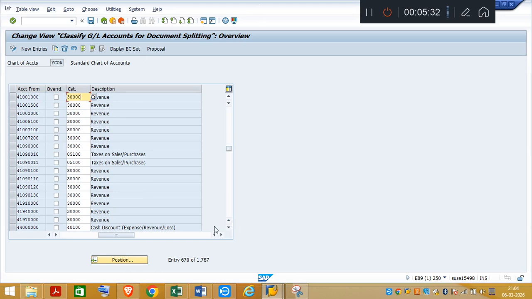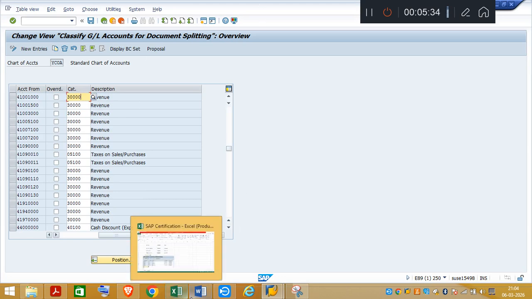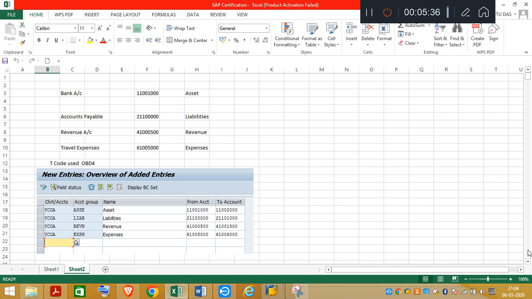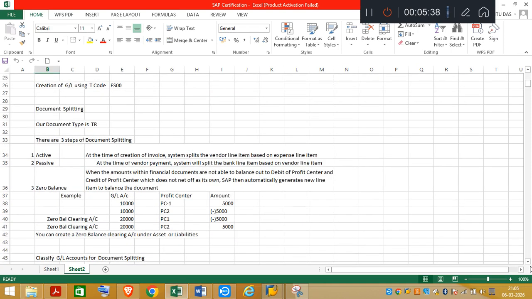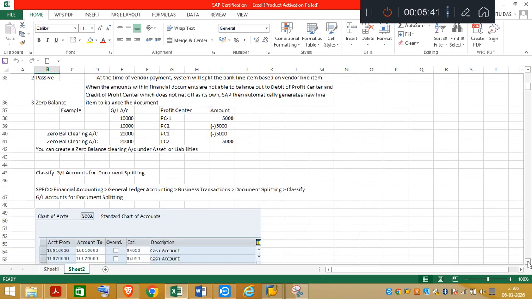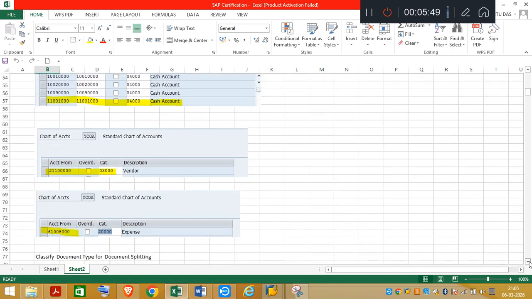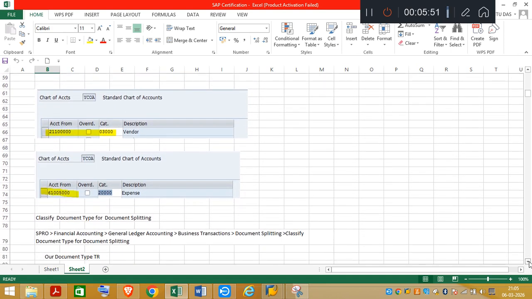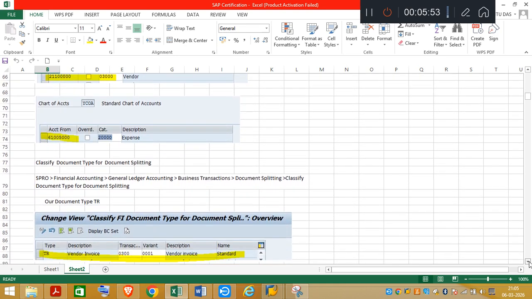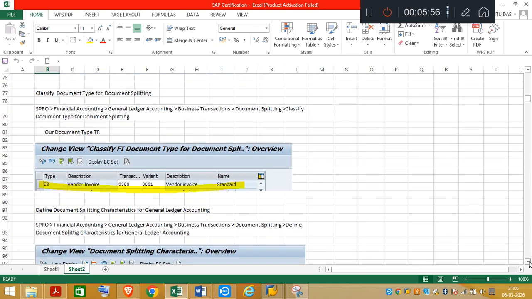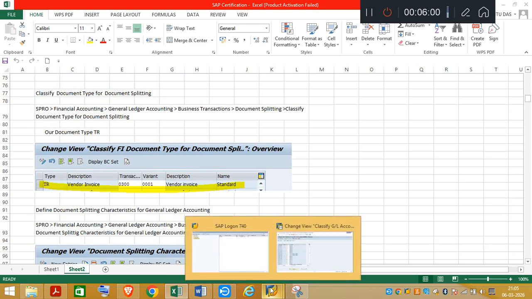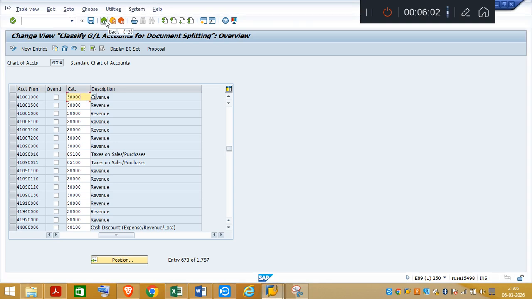So all these GLs have been classified for document splitting. So the first thing, classify GL accounts for document splitting, we have done. One is for the bank account, one is for the accounts payable, and this is for the expense account. Now the next step is classify document types for document splitting. If you go to the screen, the second step,